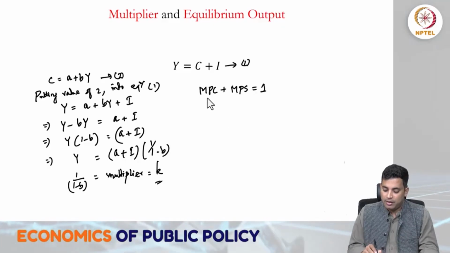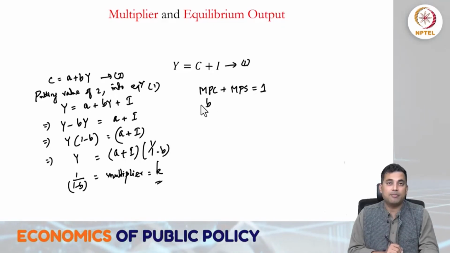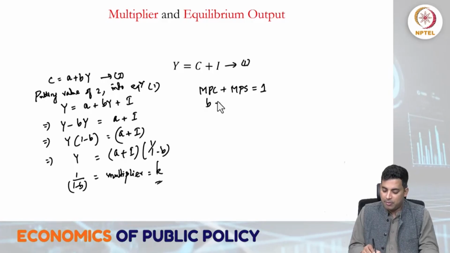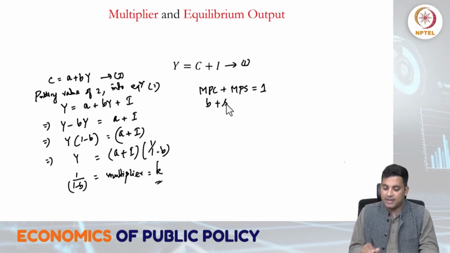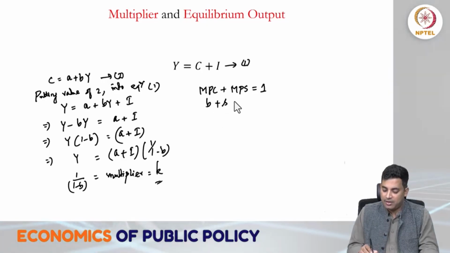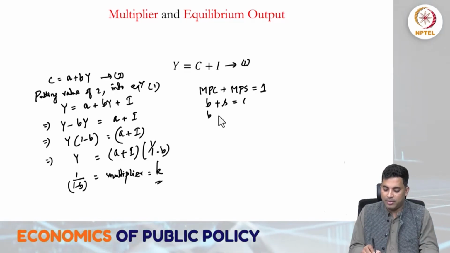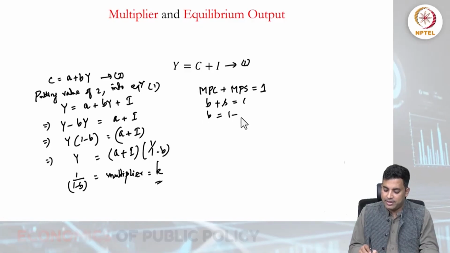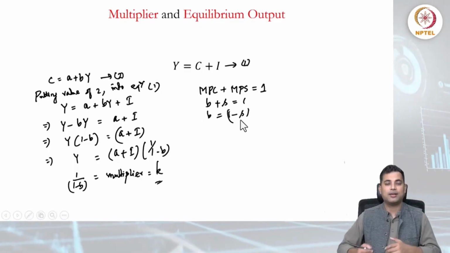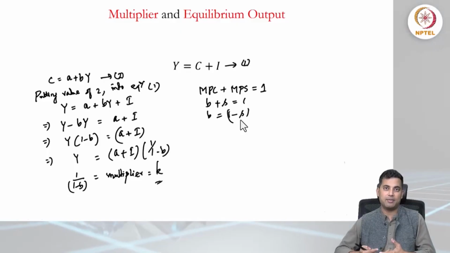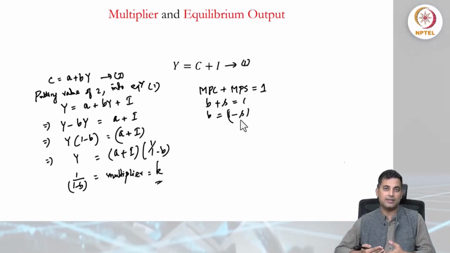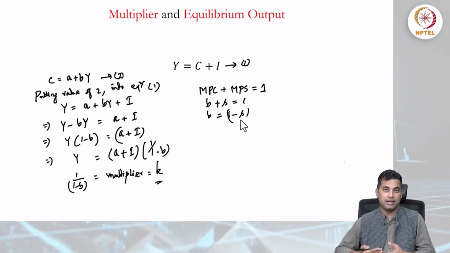So here, if we write small b as the marginal propensity to consume, plus small a, if we write it as the marginal propensity to save, then these two will be equal to 1. So it is very clear that small b will be equal to 1 minus small s. This is a point I'd like to highlight again, because